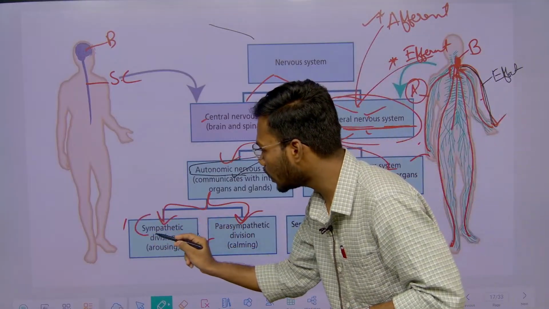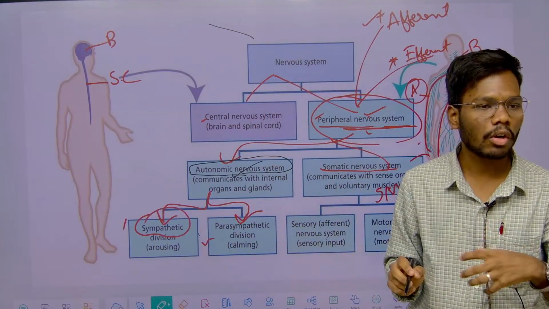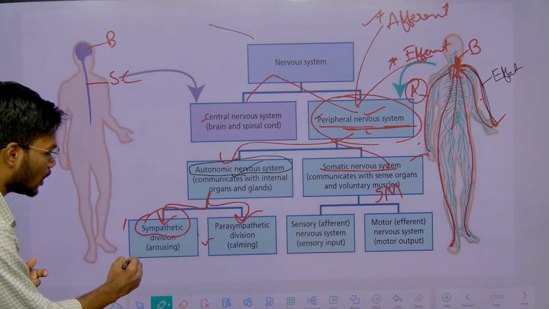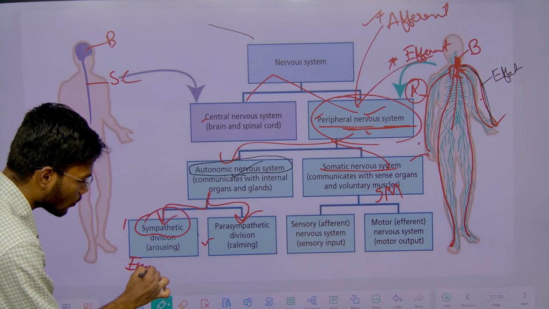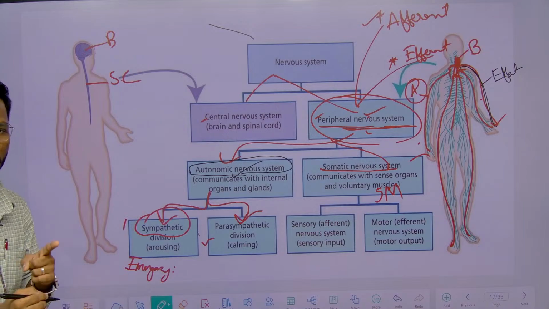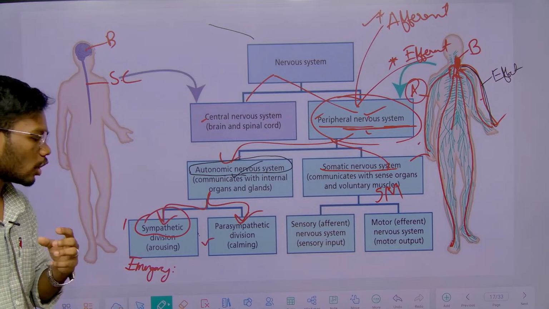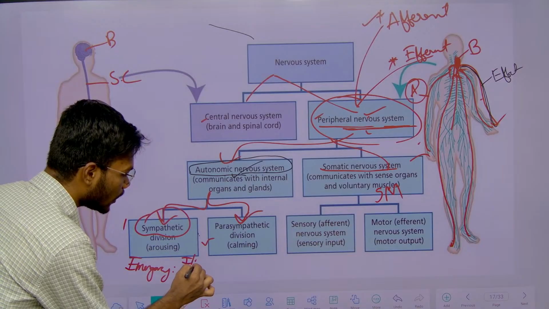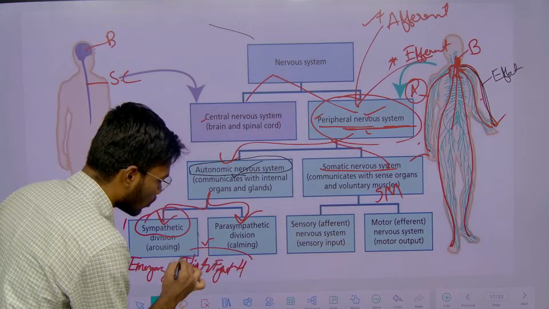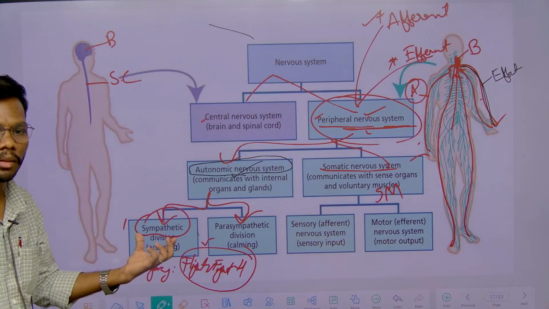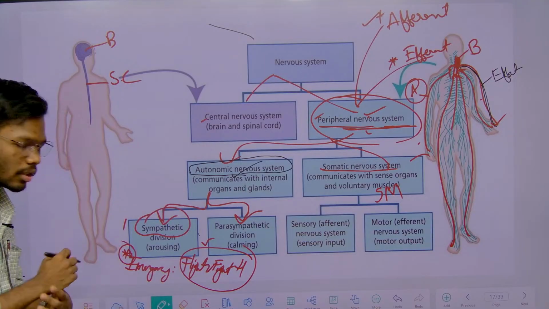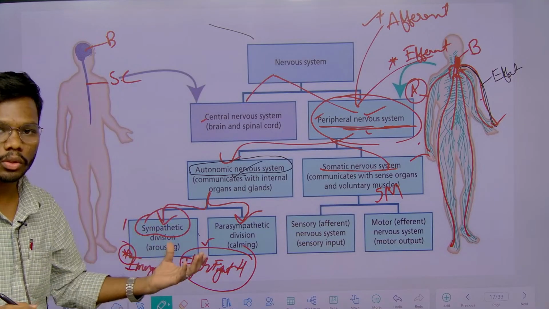This sympathetic nervous system functions or works where? We have one thing which is called an emergency kind of thing. We have some hormones, you will learn in endocrinology, which are called fight and flight hormones. So this sympathetic nervous system works under these emergency conditions, whereas the opposite of the emergency is nothing